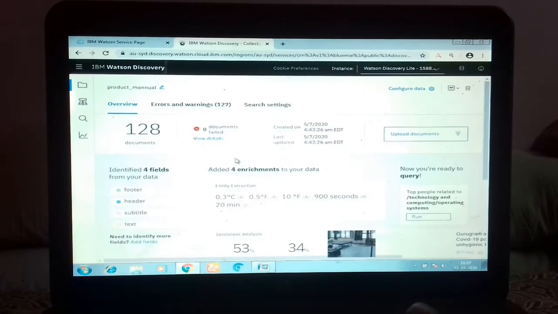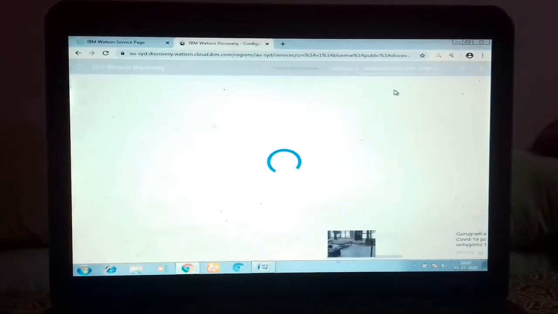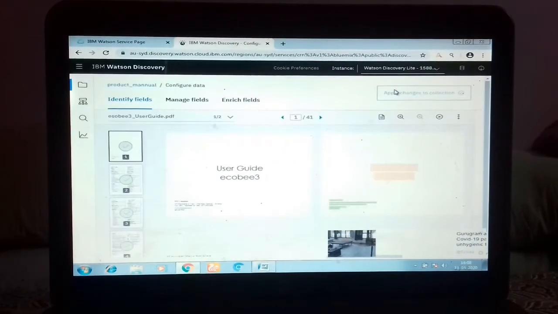You just click the configure data option in the Watson Discovery. This is the page where the document is configured. I already configured my document.